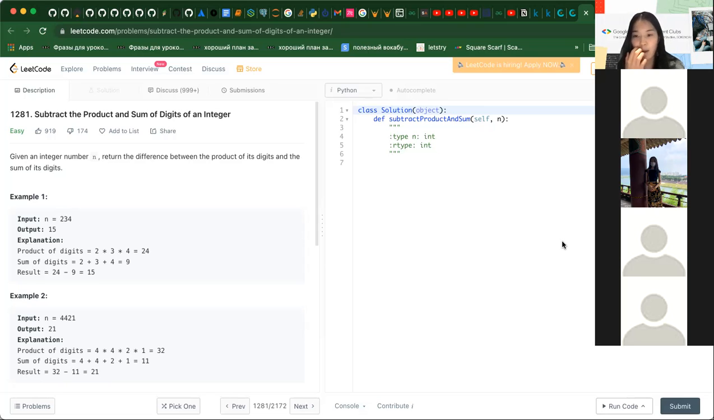Okay, Abdullah says map integer string n. So he uses a map method that we didn't cover. Okay, integer string n. Okay, we have split. Okay, split method, and